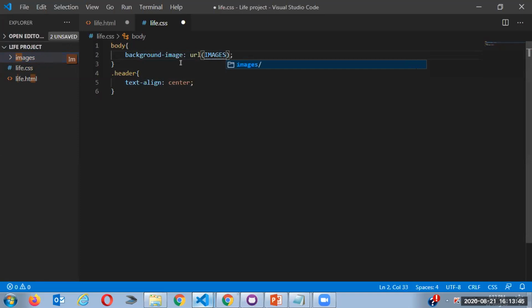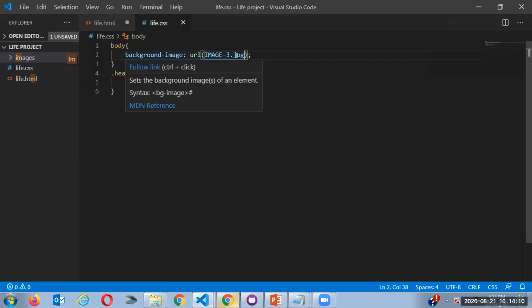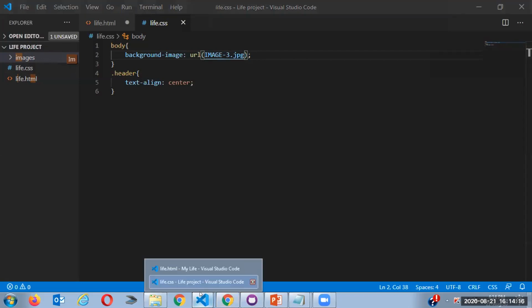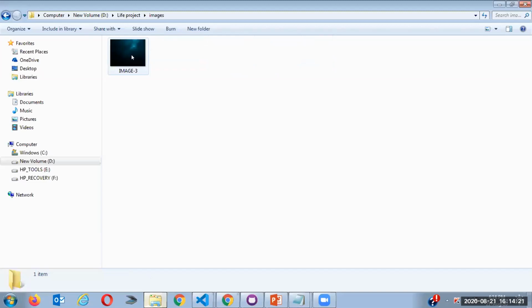What's the name of the image I want? It's called image-3.jpg. It's not going to work. You know why it's not going to work? I'm going to tell you. If I save it, the image is not there. Why doesn't it work? It's because I added it in the folder. I'm going to show you: if this image had gone outside the folder,